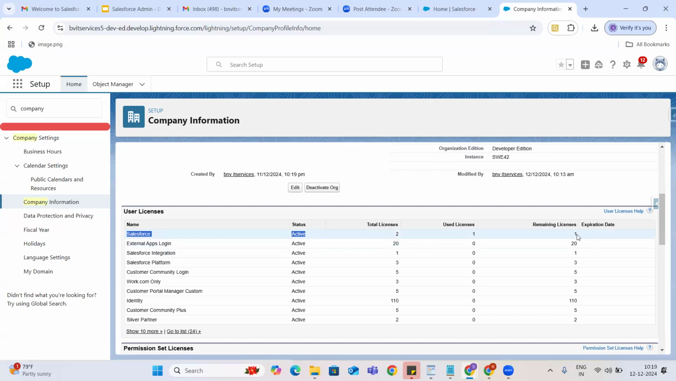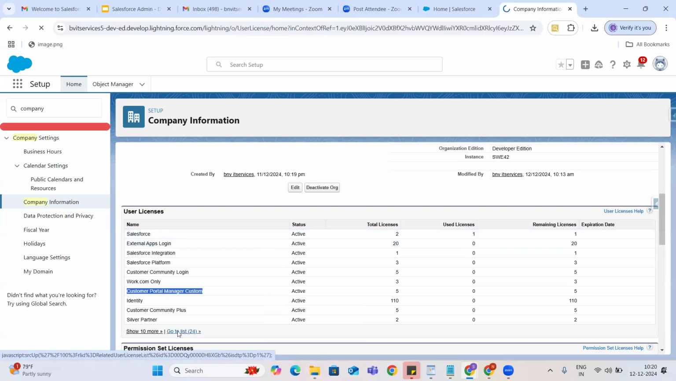Then after that, I can see some more licenses also, like Salesforce platform license, Salesforce integration, identity user licenses, and customer portal manager custom licenses. If you see the numbers, these are the different kinds of users that you can create in your org. Right now, all these licenses are not used. Only one Salesforce license is used. The rest of the licenses are blank. So if I go to the complete list of 24 licenses,